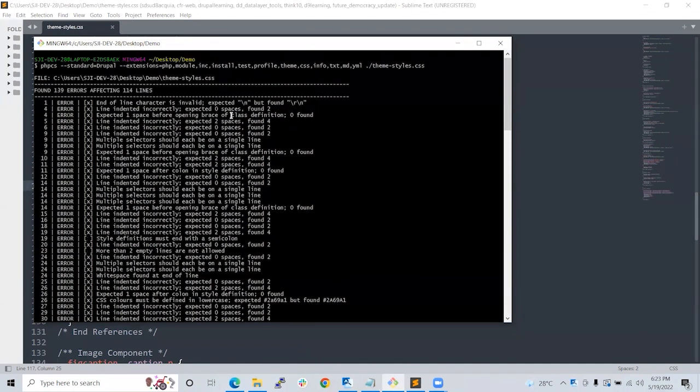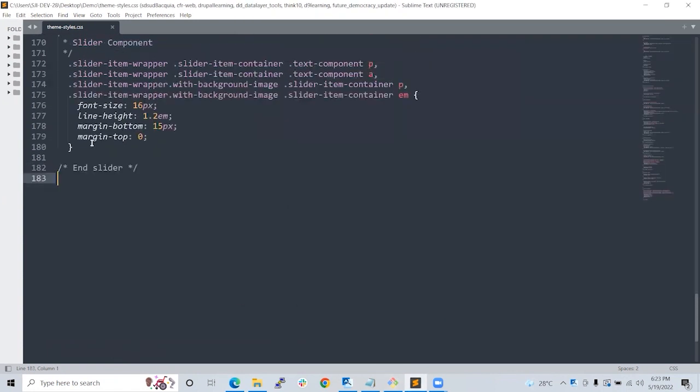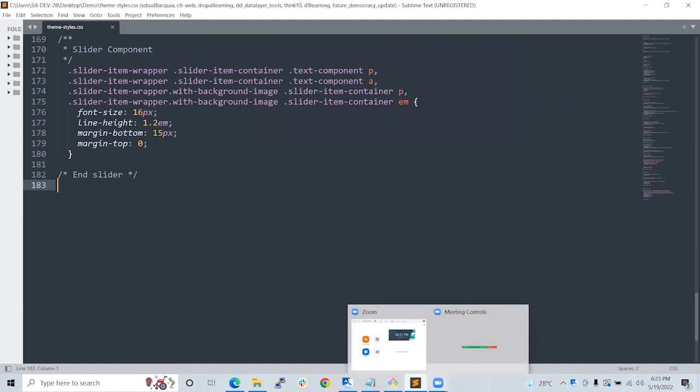Then this one, the first line: end of line character is invalid, expected slash n. I mentioned we have to use the Unix file system, so slash n and not slash r slash n, which is the Windows one. You can see at the bottom there is this slash r slash n.